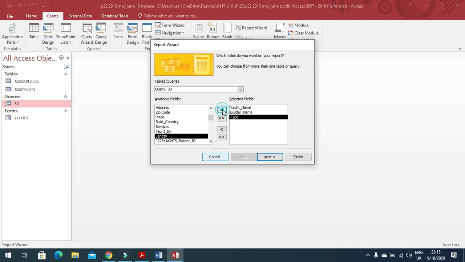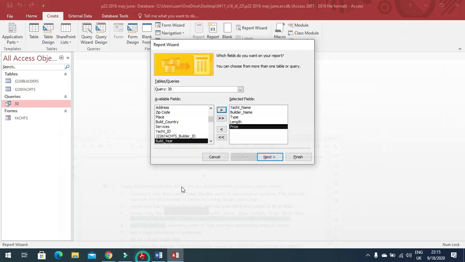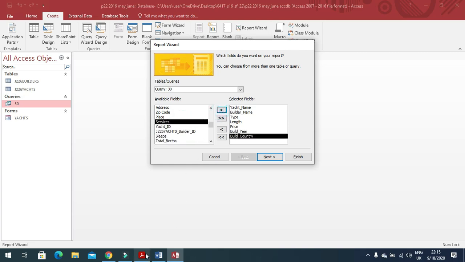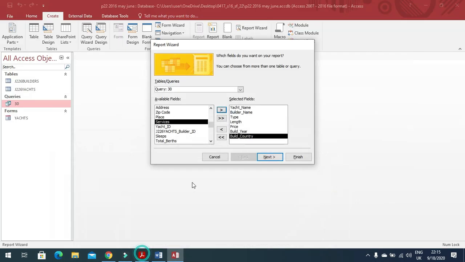So type, length and price, and here is build year, build country, so build year and then build country, and then we need total birth in this order. So we'll choose total birth, next,